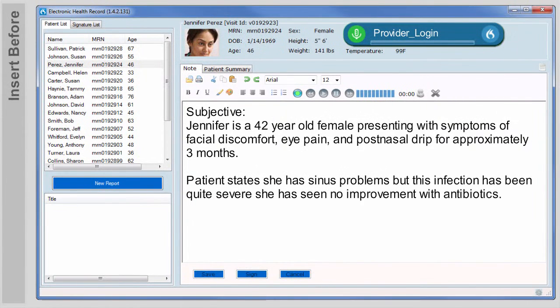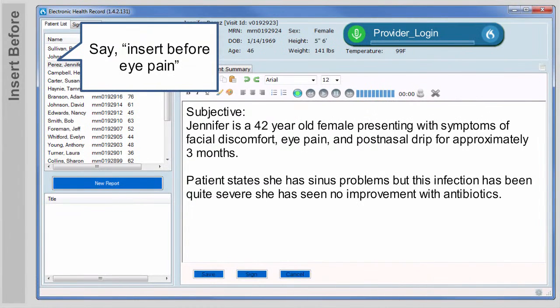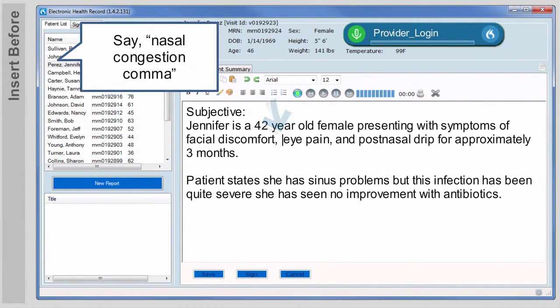Use your voice to navigate, select, and update specific information. When you say commands, remember to pause briefly between speaking your command and beginning your dictation. Like this. Insert before eye pain, nasal congestion,